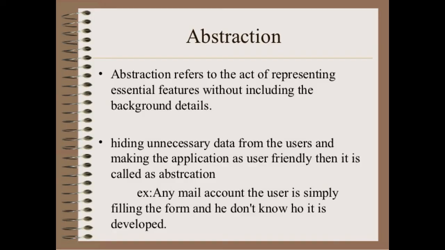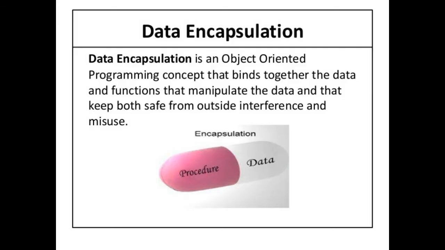The next feature is data abstraction. It is an act of representing the essential features without knowing the background details. For example, when you use the remote control of a TV, you do not bother how pressing a key in the remote changes the channel on the TV. Right. Similarly, we need not bother about how ATM machines are able to perform operations like cash withdrawal, money transfer, etc.